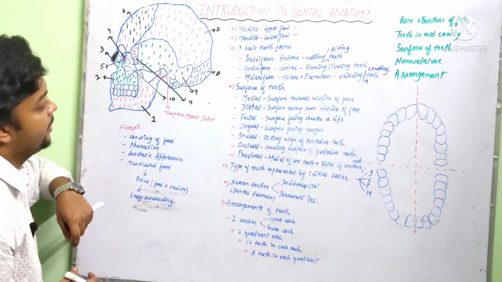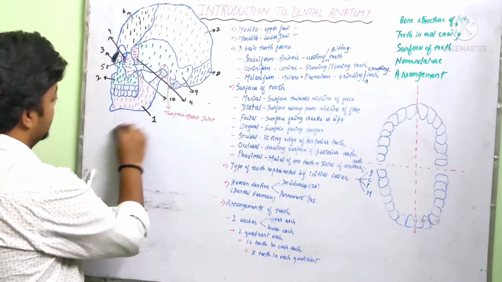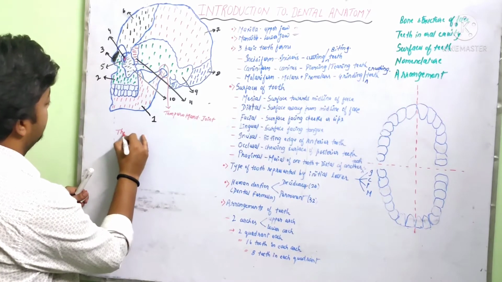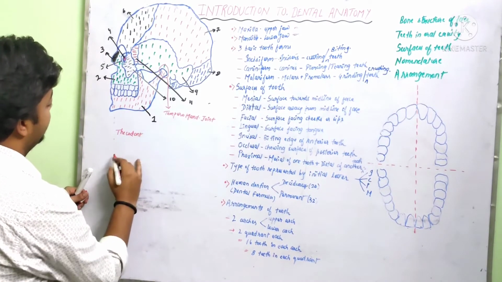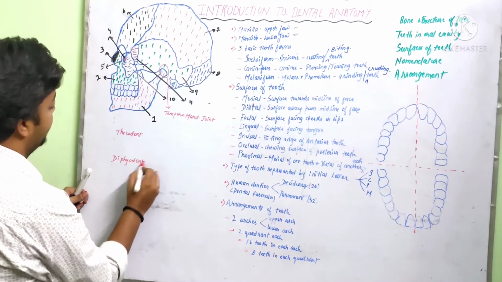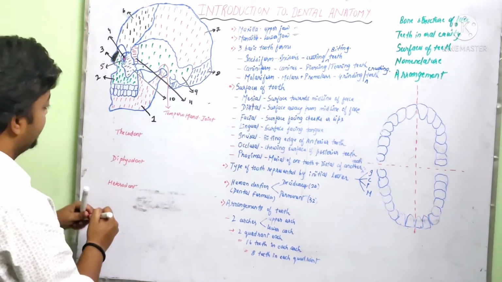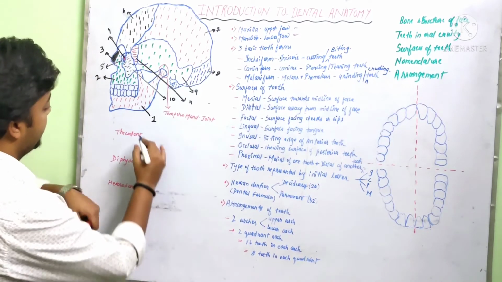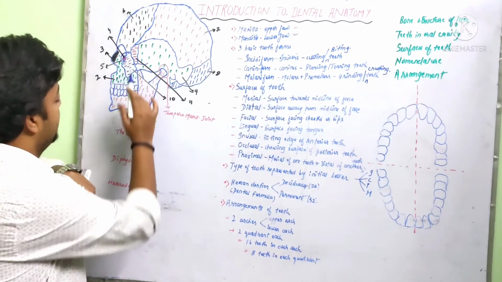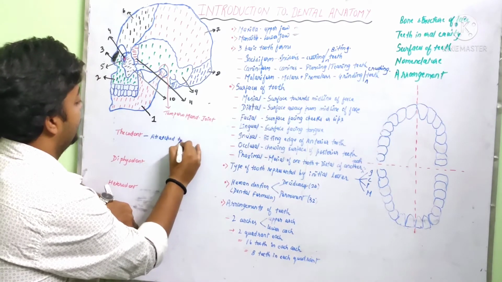So guys, we have three particular terms that we come across if I talk about the human dentition, right. So the first term is what we call thecodont, okay. Then we have diphyodont, and then we have heterodont, okay. So guys, the name suggests thecodont, that means the teeth are embedded within the sockets of the jaw. You can see here these are embedded in the sockets of the jaw on the upper and lower side. So we can say that it is attached to the sockets